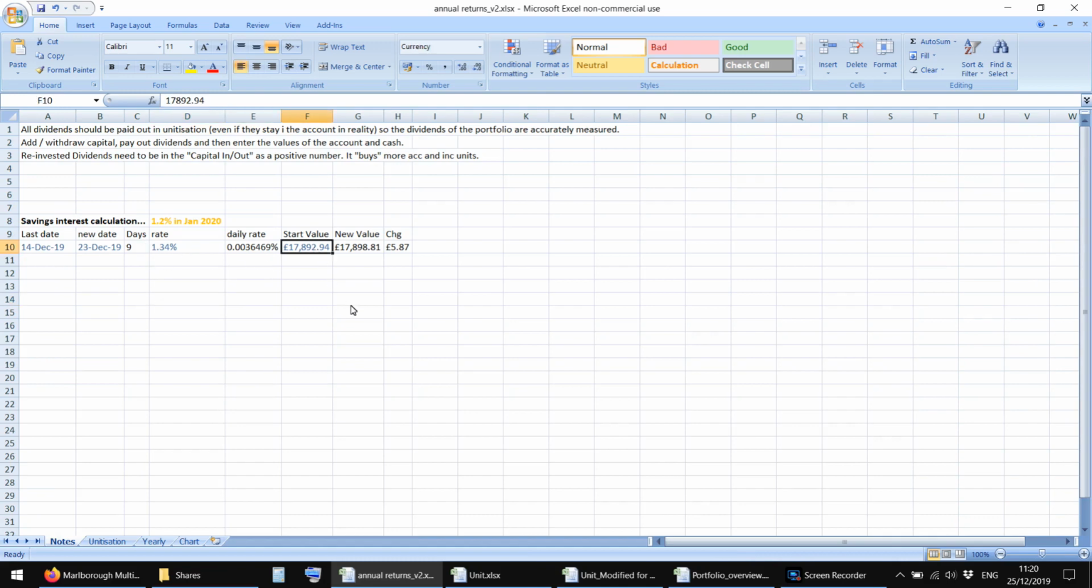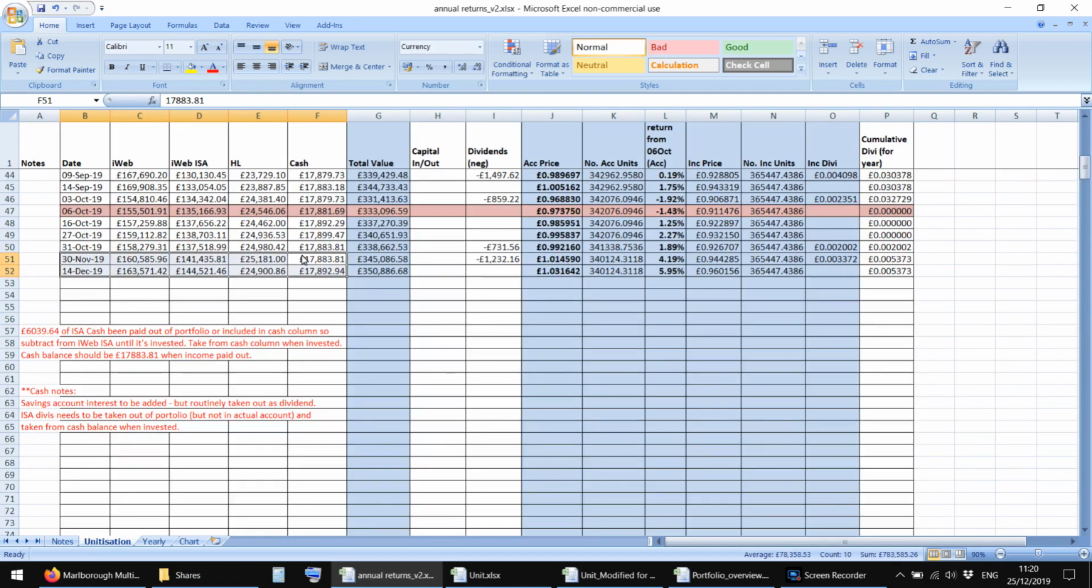I put in the start date, the new date. The interest rate has been like that for a while, but I know in January it's going to go down to 1.2%, so I'll change that then. I put in the value of the cash there in this cell. I'll do that way so you can see it in blue. And then it gives me,